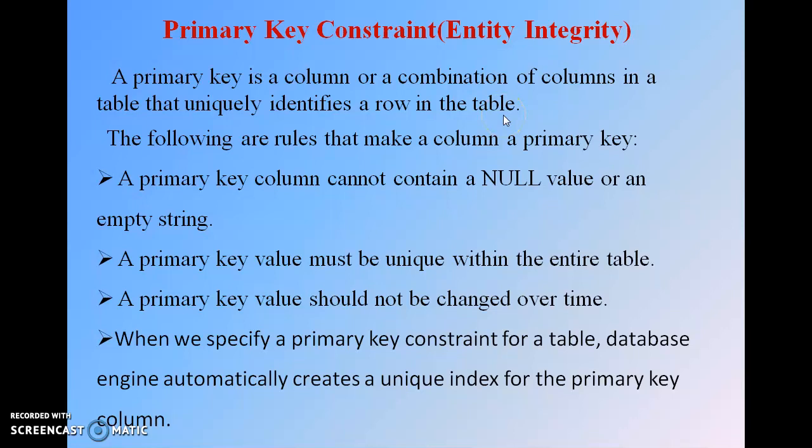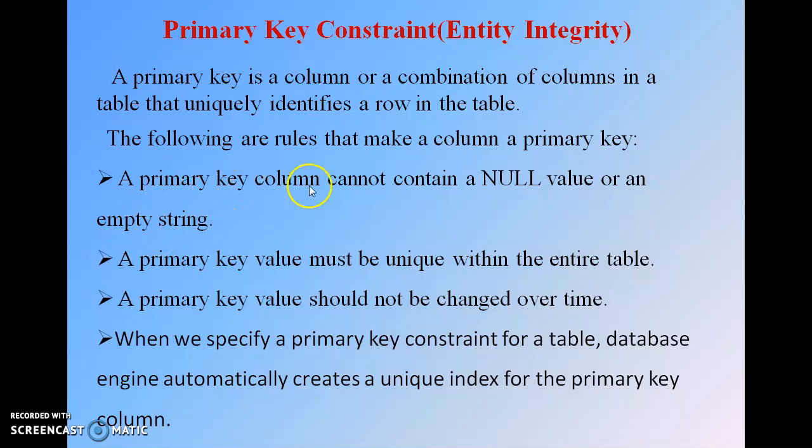It indicates what? To identify a particular record in a table, we must specify a key of a column or combination of columns, and by using that combination of columns or a single column, we can identify a record uniquely in that table. And to do this, we must set a particular column with the primary key constraint. While applying the primary key constraint to a column, it follows some rules. These rules are as follows.